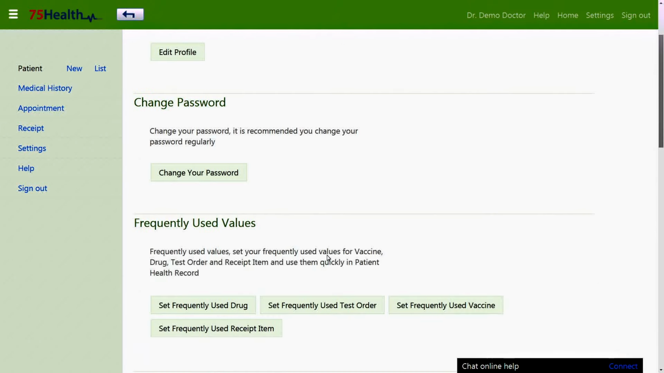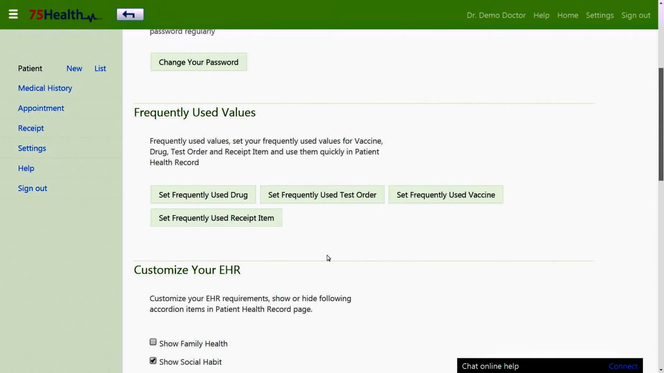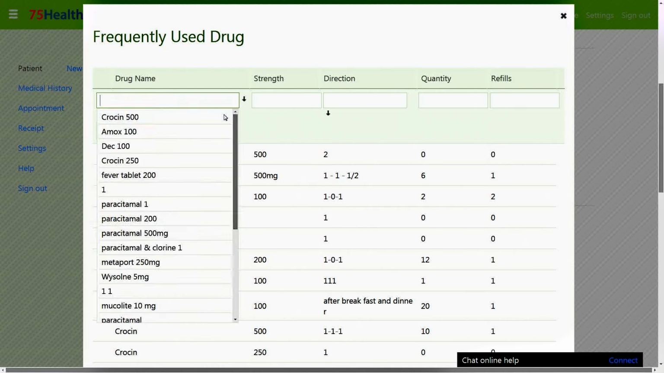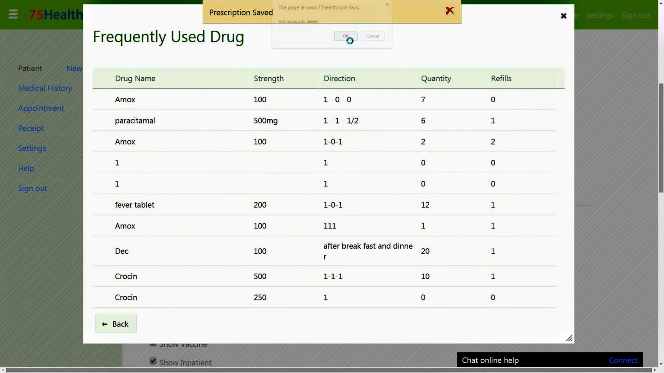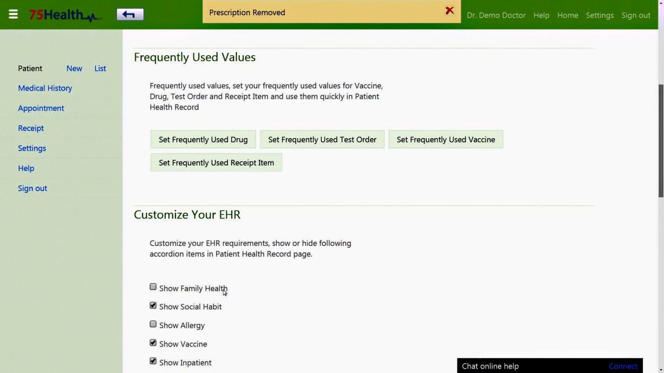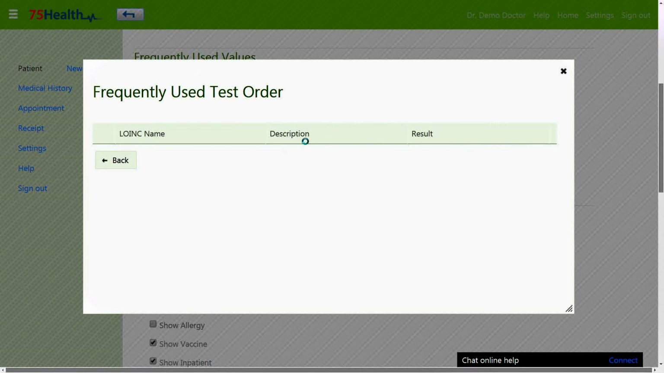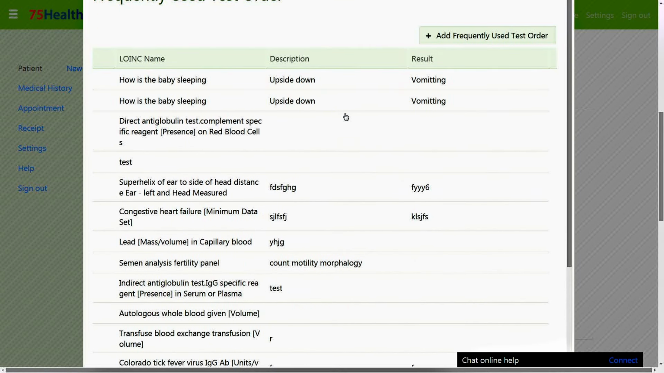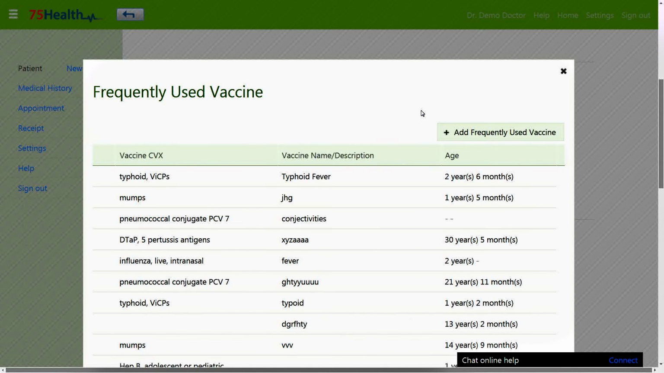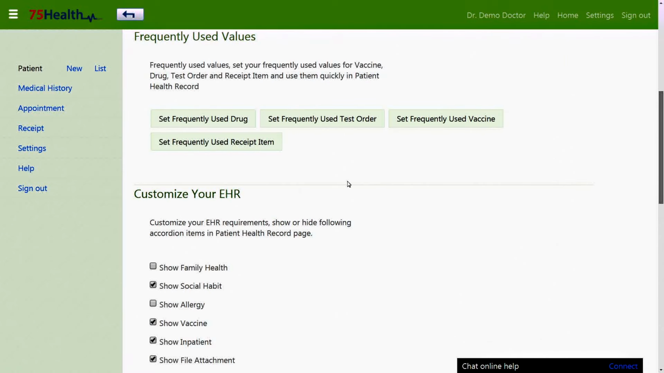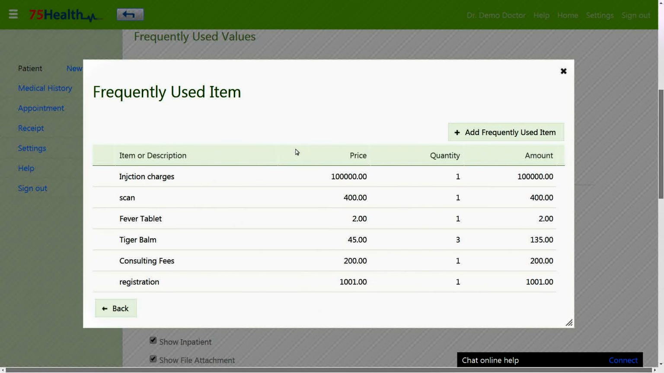The Frequently Used Values will allow doctors to set their preferences on drug, test order, vaccine and receipt. Using the Set Frequently Used Drug option, the doctor can add a drug as well as delete any of the drug. The Set Frequently Used Test Order allows the user to set preferences on test order. The Set Frequently Used Vaccine is used to set vaccination preferences, and the Set Frequently Used Receipt item allows customization